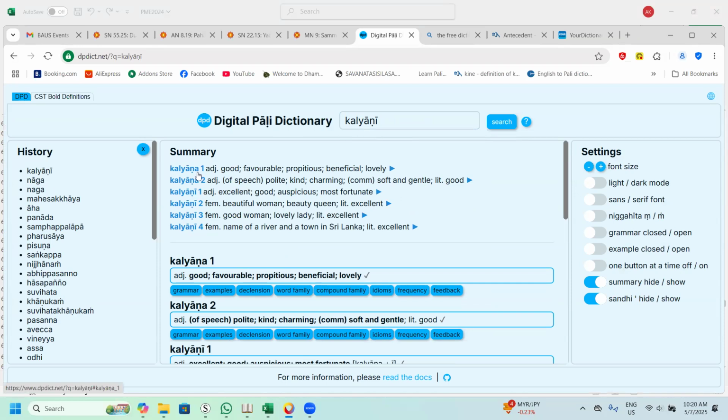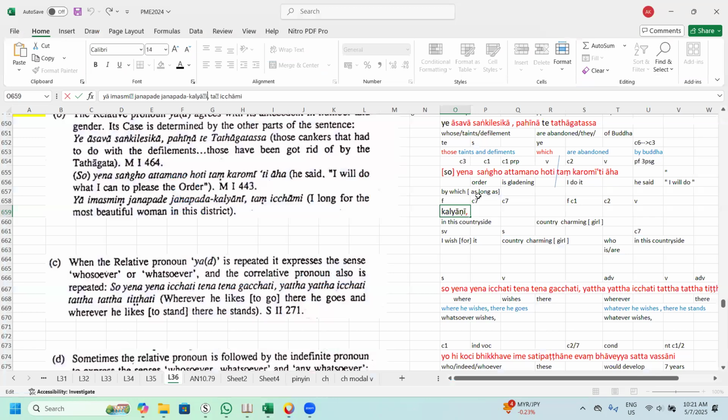You see, this is masculine. Normally it's good. Okay, this is masculine. So when you see the word Kalyani, automatically it's talking about a beautiful woman, a beautiful queen, a good woman, a lovely lady. In this case, we use a charming girl. You can use a good charming girl, or a beautiful girl also can. It's up to you. Because when you look at the sentence here,